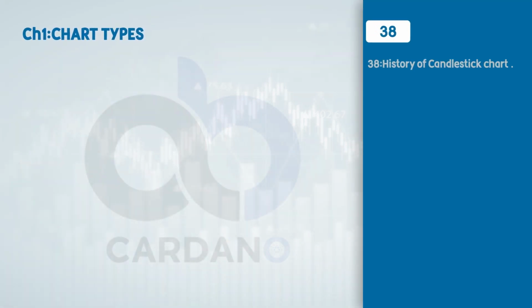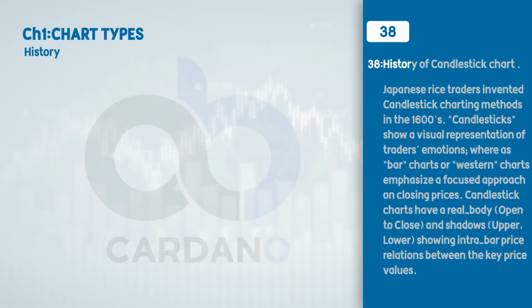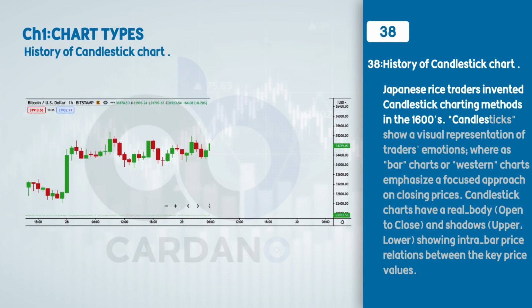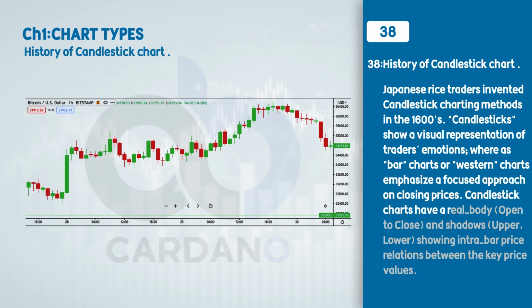Point number 38. Let's talk about the history of the candlestick chart. Japanese rice traders invented candlestick charting methods in the 1600s. Candlesticks show a visual representation of traders' emotions, whereas bar charts or Western charts emphasize a focused approach on closing prices. Candlestick charts have a real body, open to close, and shadows, upper and lower, showing intra-bar price relations between